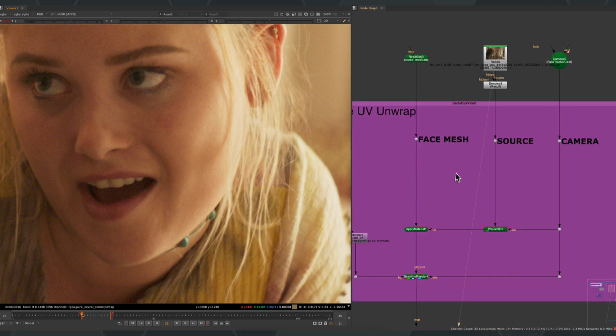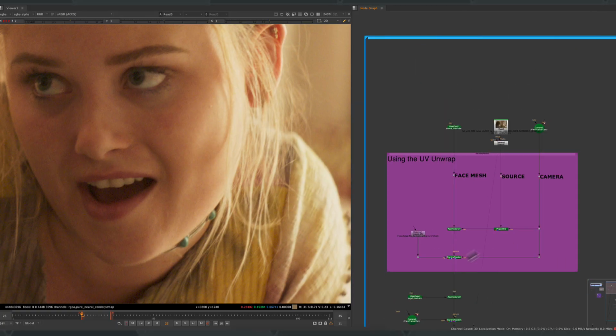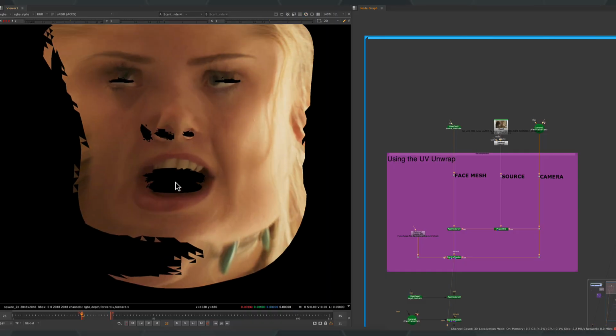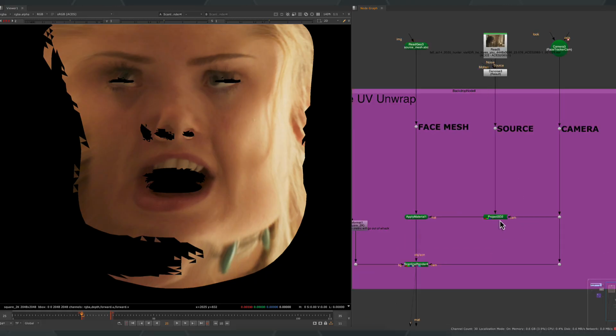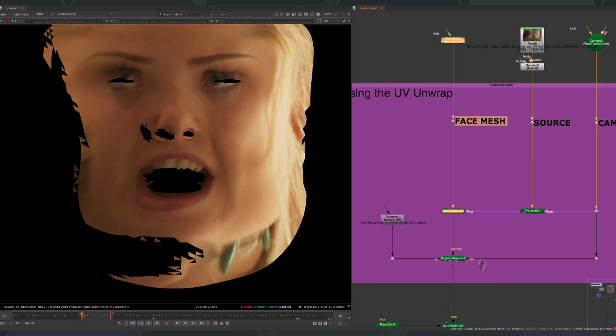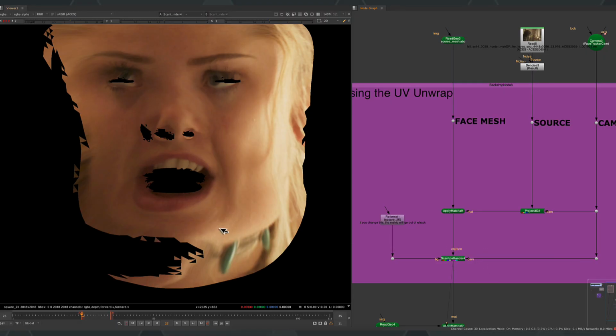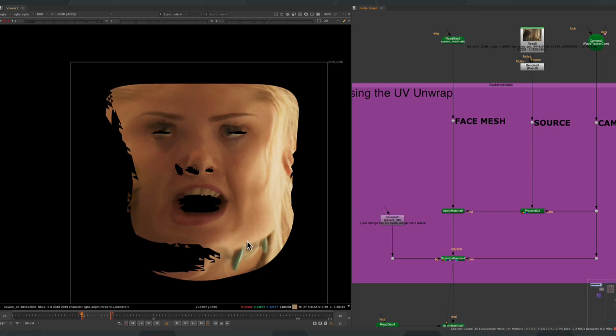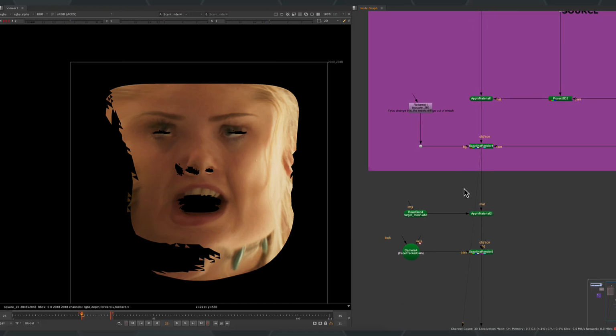So using the geometry and using a sort of projection system in Nuke, we can actually get this quite fun looking image of the original plate unwrapped into UV space. So we have the source here going into this project 3D node into the camera, applying this material to that source mesh, and then just rendering this out with the scanline render. The UVs are square for these facial geometries, so adding a little reformat node before this scanline render, just set to square of any size. I'd recommend 1 or 2K will probably be acceptable.